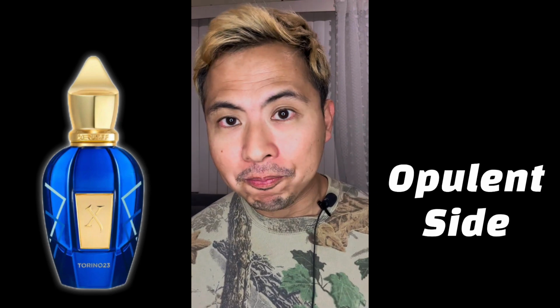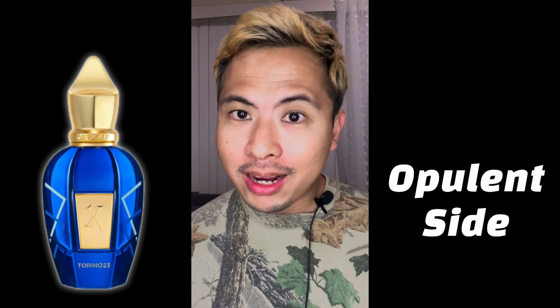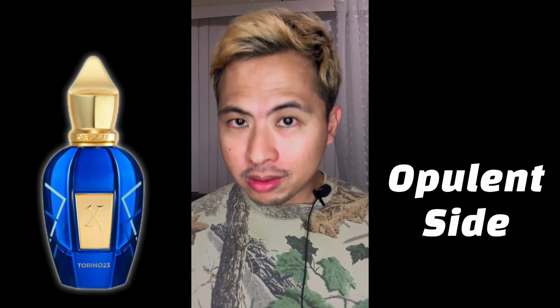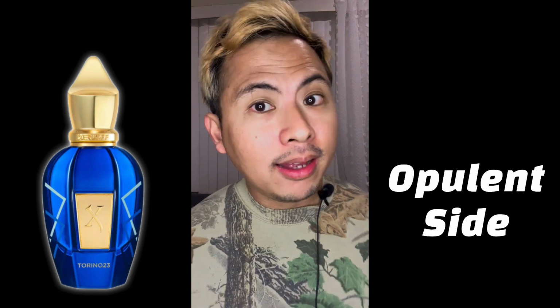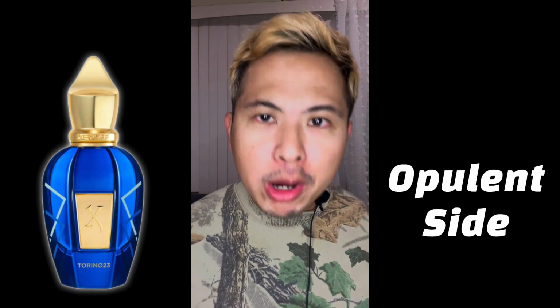And if you're wondering what the changes are as we go along, well, here's the thing that I really like too, is that this fragrance, Torino 23, does have an opulent side. That's right, an opulent, classy, luxurious side. Well, I mean, definitely it's Xerjoff, so they're gonna do something like this. But if you're wondering where the rose went, where the ylang went, that is basically the opulent side of this fragrance right here. As we go along and the brighteners, the bright aldehydes and bergamot kind of wear off, and